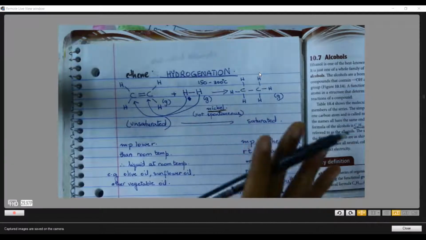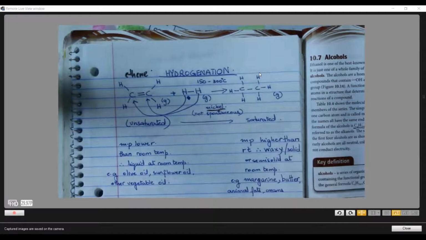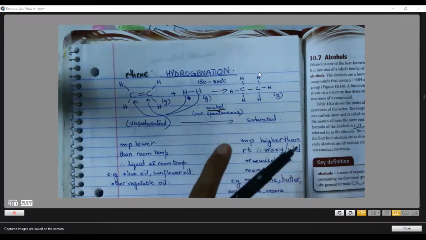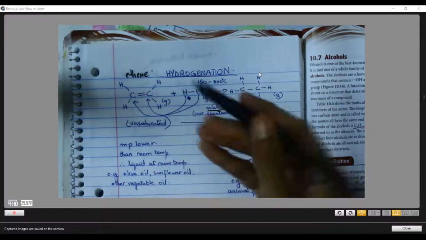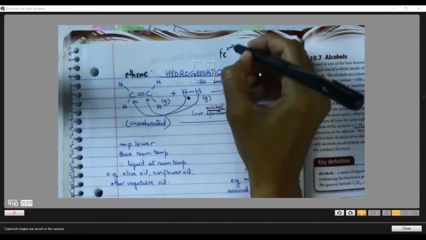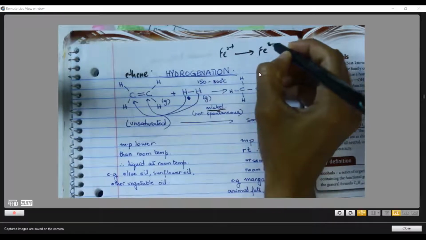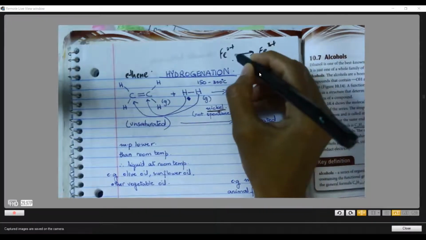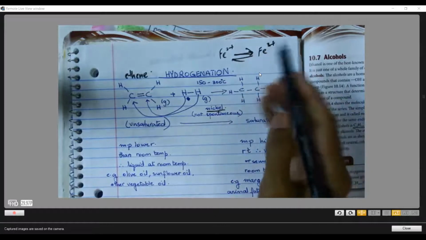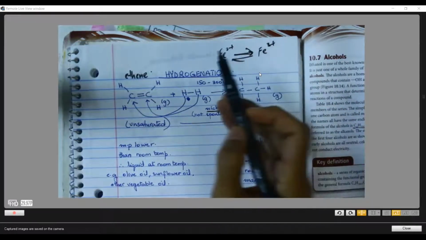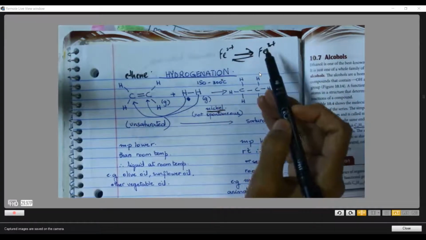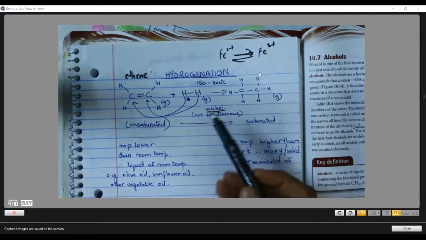You don't need to go into details for now. In A levels, yes, you will do catalysts in detail, but not now. Just understand that it's usually transition metals, because of their variable oxidation state. It's easy for iron to move back and forth, reversibly, from 2+ to 3+, and then back to 2+, and then back to 3+. And this is exactly what is required for a catalyst to do.